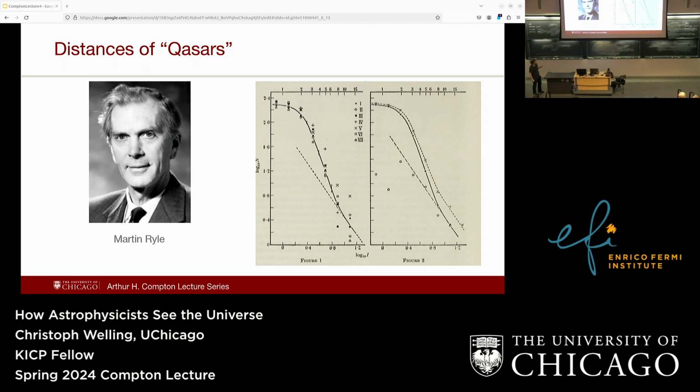These are basically both the same basic idea. It's just that he looked in different parts of the sky, and this shows the brightness of these radio sources compared to how many of those there are. So you can see the very bright sources are pretty rare, and the fainter and fainter you go, the more of those there are.